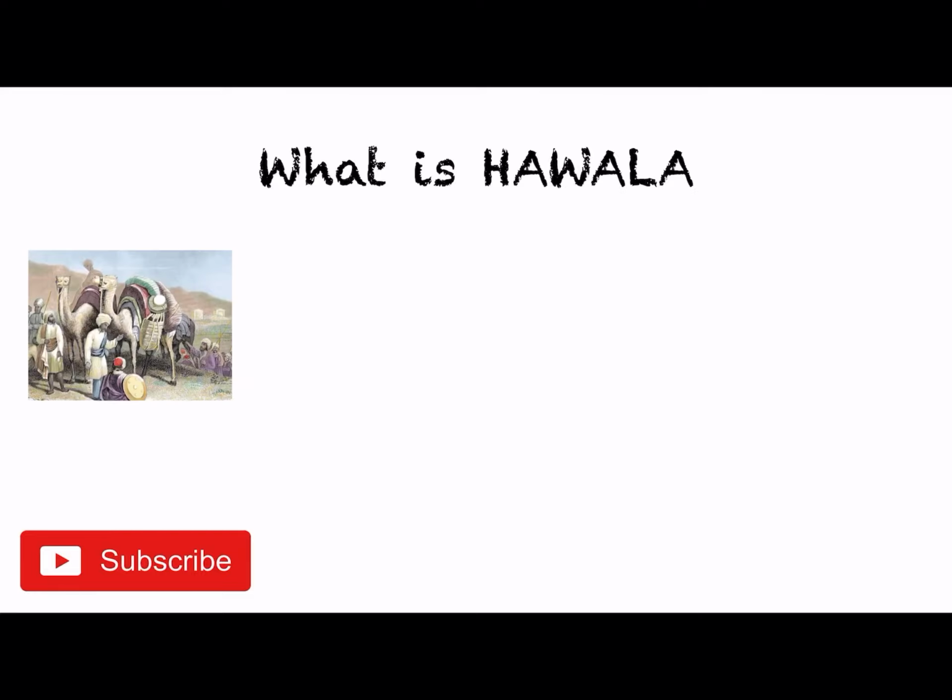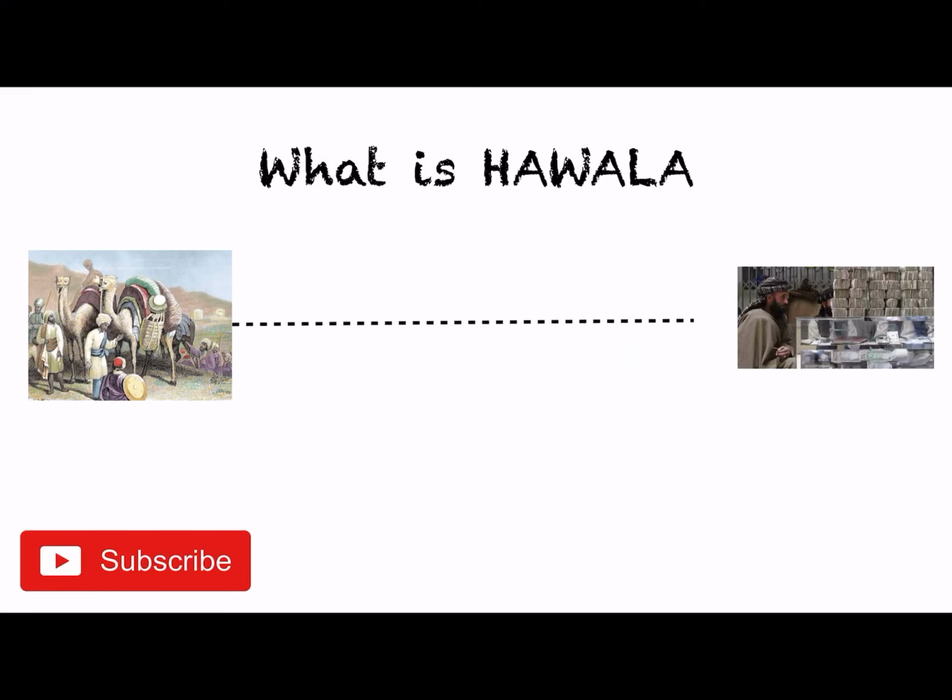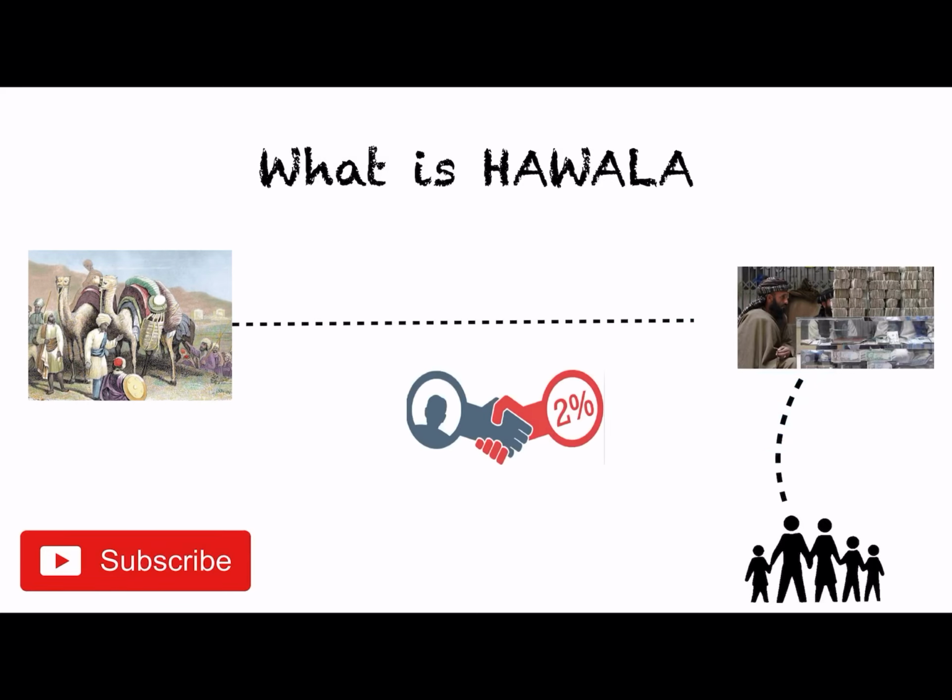So a merchant wishing to send money to their homeland would deposit it with the Hawala broker, who normally owned a trading business, for a small fee. It can be 2% or 1% depending upon the amount. The Hawala dealer would arrange for the funds to be made available for withdrawal from another Hawala dealer, normally also a trader in another country. The Hawala dealer would settle accounts through the normal process of trade.